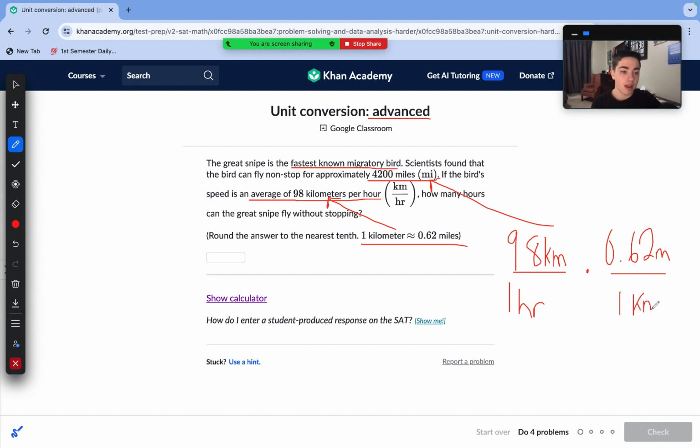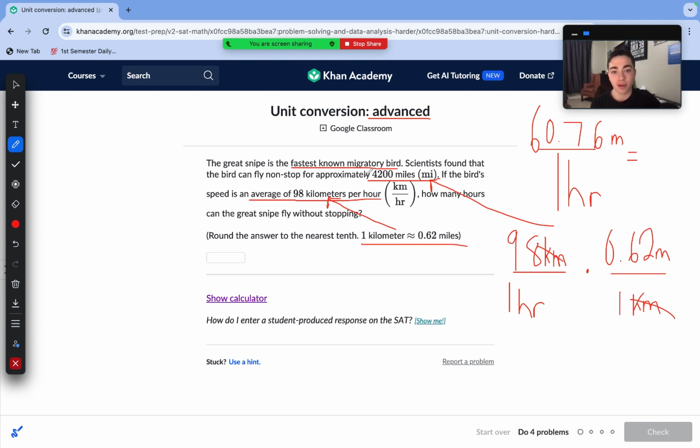We can see here that kilometers just cancel out. So now we are left with 98 times 0.62, and the denominator of 1 hour stays the same. 98 times 0.62 is 60.76, so the bird travels 60.76 miles per hour,